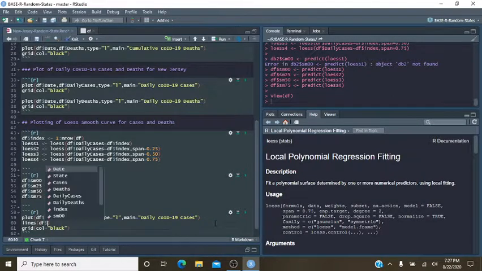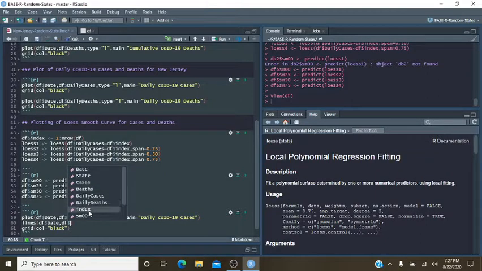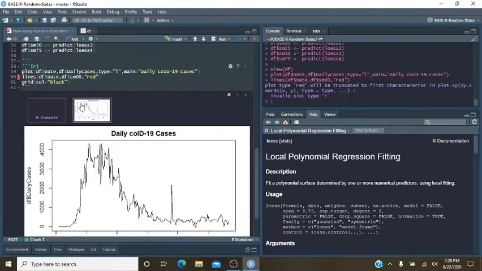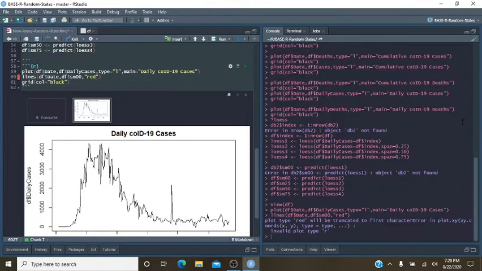comma df colon date comma smooth as 0. And I didn't like something over here.